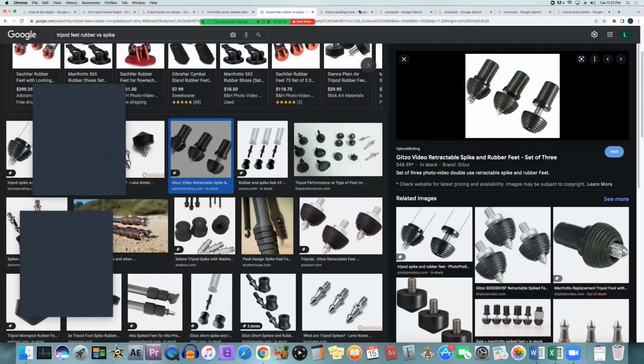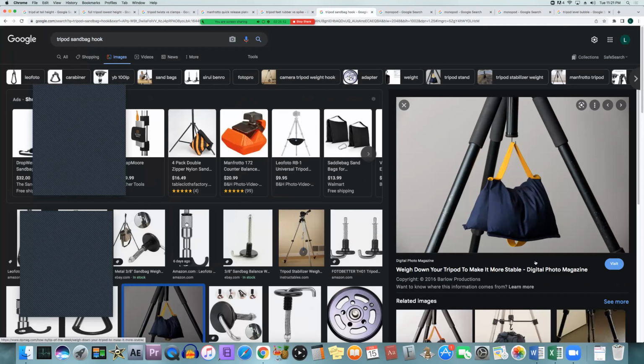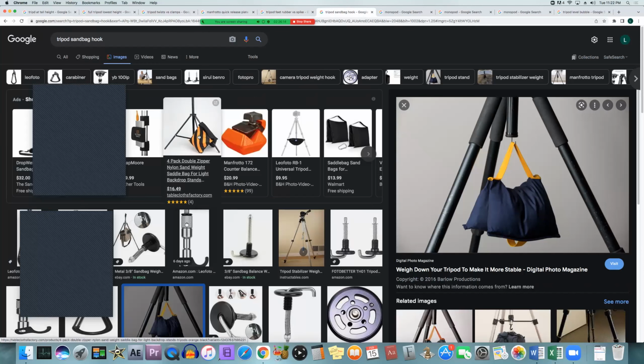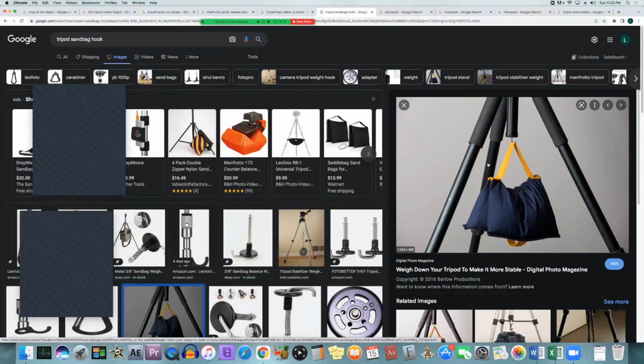There's also some tripods, and a thing you might want is these little hooks that come at the bottom of the middle of the tripod. That's where you can put things like sandbags or something else that's kind of heavy to hold down the tripod, give it more stability so that it's less likely to fall over. So just having that little hook there is a little bit better than having to wrap around the legs, like in this picture right here that I'm going on. I don't want to click it because then it'll take me to the website. But instead of having to put the weight on the legs like that, putting it just in the middle,